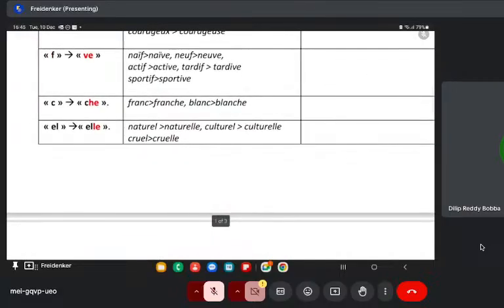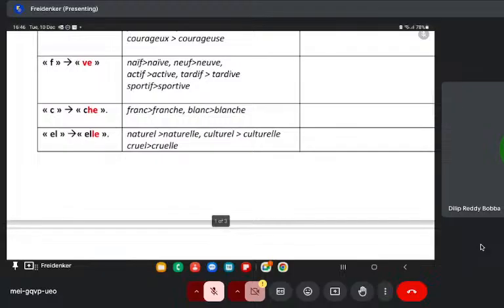And F becomes VE if you're changing from masculine to feminine. So naïf becomes naïve, and basically naive. So in English we have naive. Neuf means new. It is not the number nine. Number nine is also written the same way, but this is new. So neuf and neuve, actif, active, tardif, latecomer,